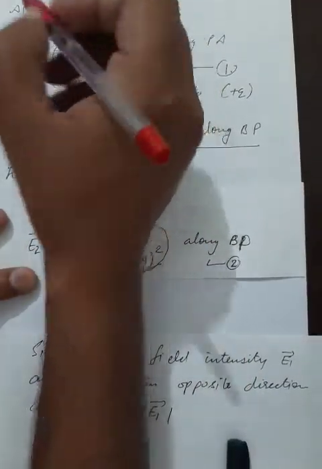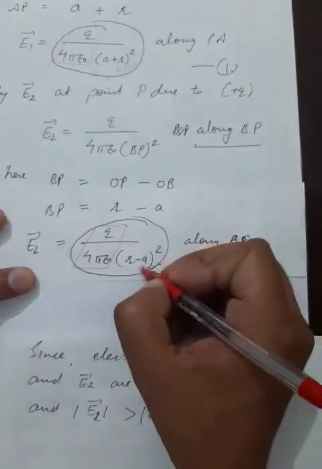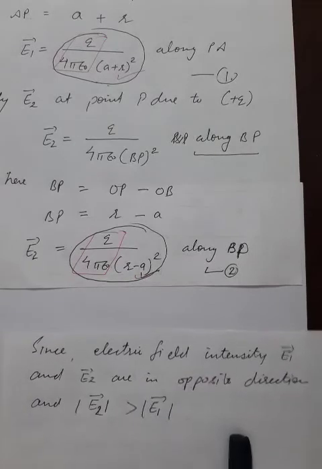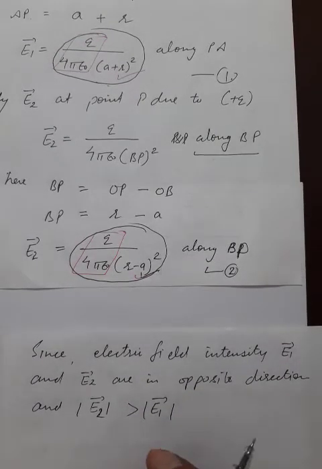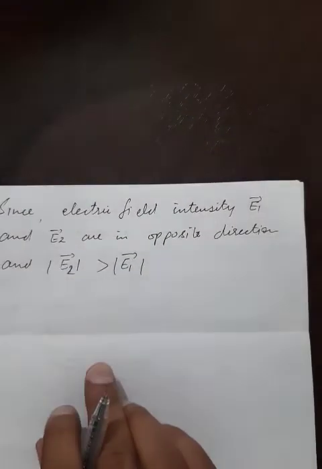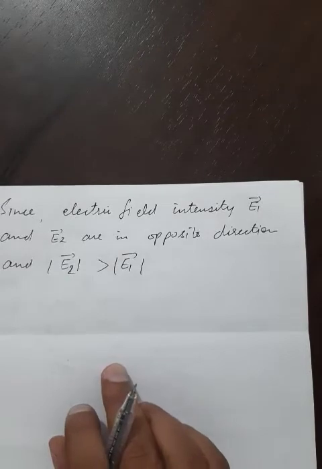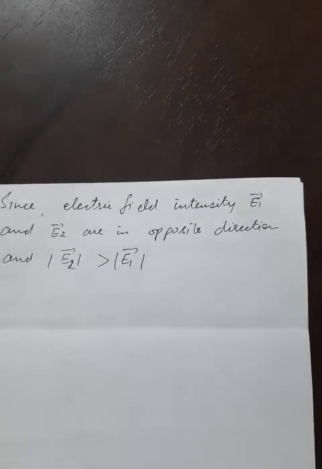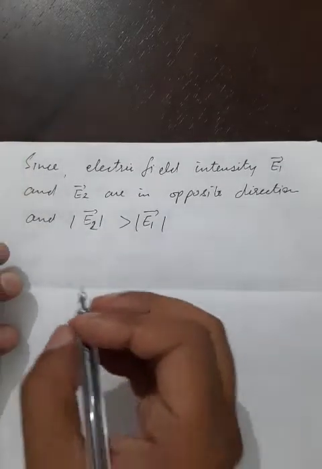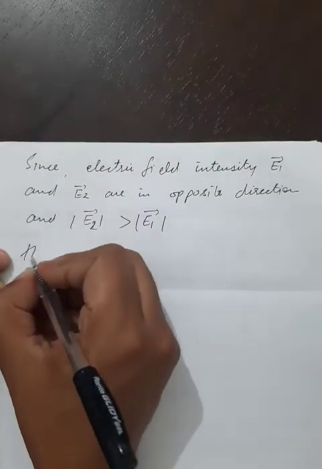The magnitude depends on this factor. So whose denominator will be small, that will have greater magnitude. So according to that, E2 is more than the E1. Since electric field intensity E1 and E2 are in opposite direction and magnitude of E2 is greater than E1, therefore